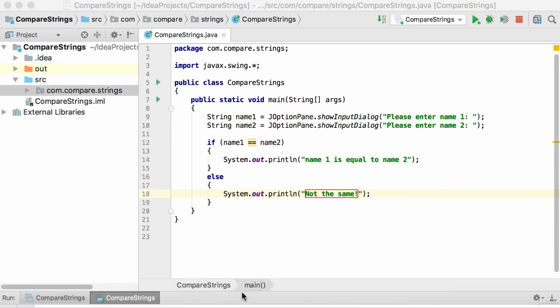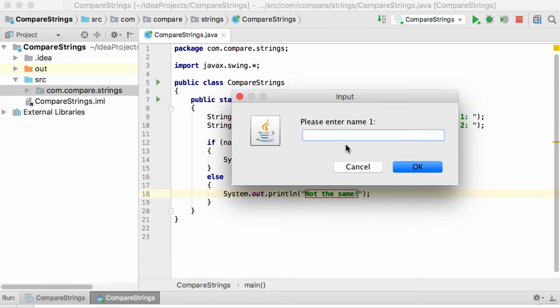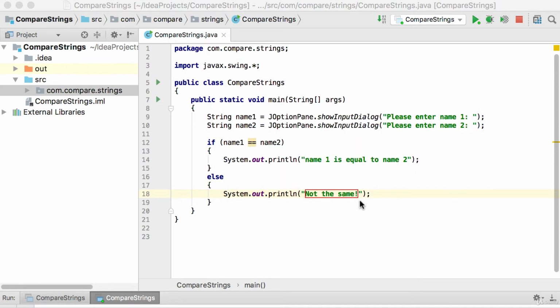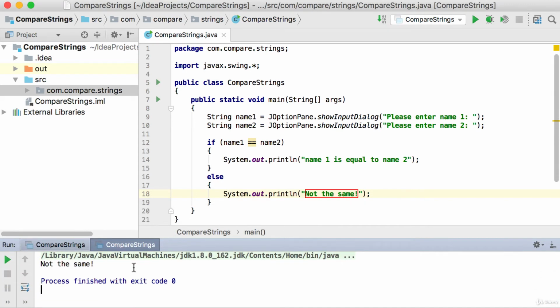Okay, let me just check the output at the bottom after this. So we're going to say, please enter name 1, and I'm going to type Peter there. Look at the spelling of Peter there, capital P, all the rest lowercase, and I'm going to type Peter again. So it's exactly the same name that I'm typing. And if I say OK there, and I open up here at the bottom, you will see it says it's not the same, because essentially we're comparing now two different memory locations for the first name and the second name